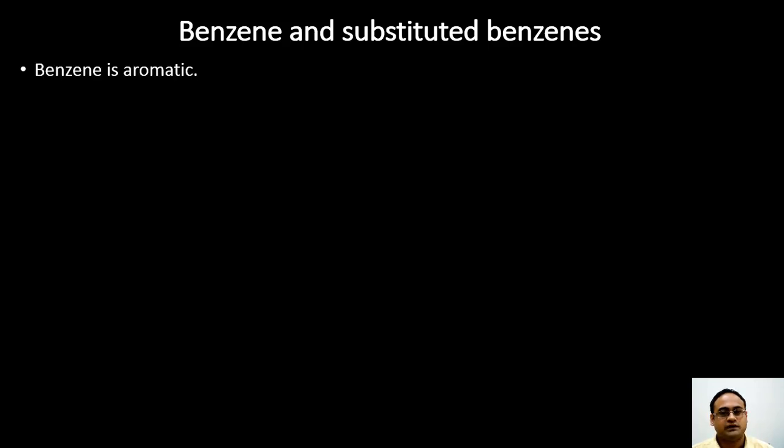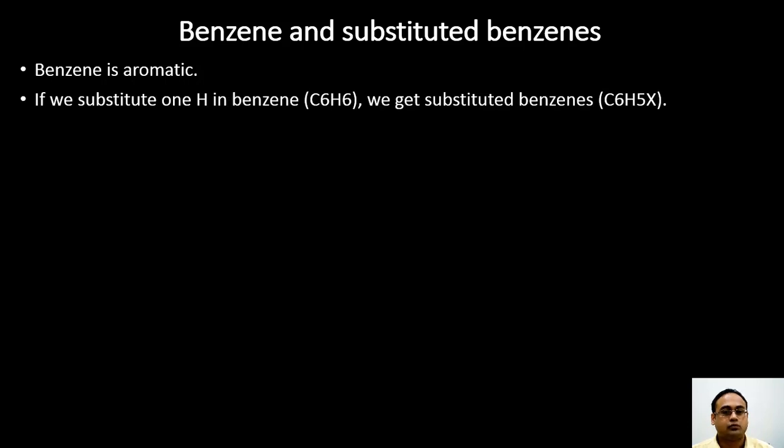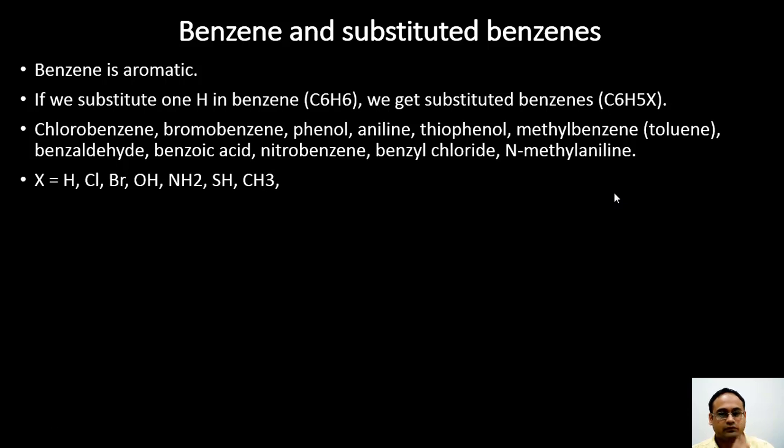So as we know, benzene is aromatic. If we substitute one hydrogen in benzene, we get substituted benzenes, that is from C6H6 we get C6H5X. If you substitute the X with H, it gives us benzene itself, but if you substitute X with Cl, it gives you chlorobenzene, Br will give bromobenzene, OH will give phenol, NH2